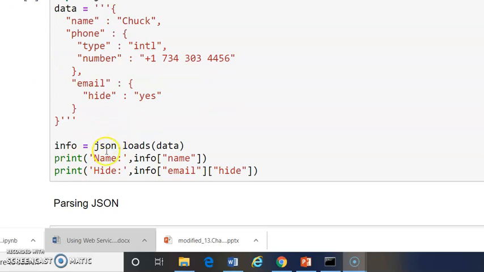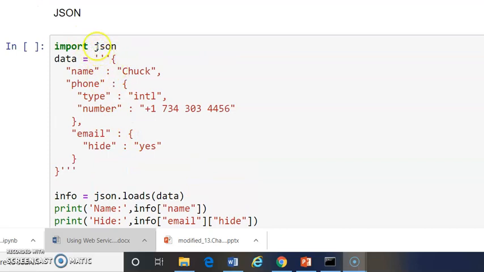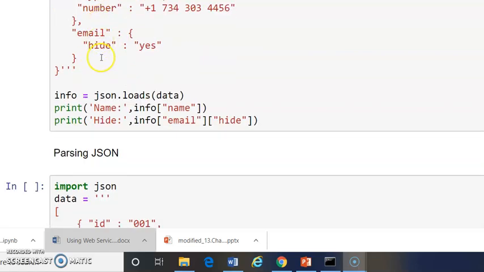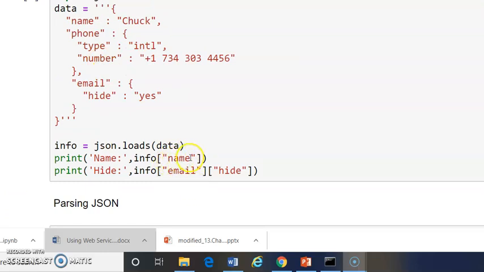In order to extract this, there are different methods. The names of the methods are different. For this JSON inbuilt library, we are using the method loads, json.loads. We are passing the data as an argument for this loads method. We get info. This information we need to extract. It's in key value pairs, as I already told you. We need to extract the value associated with the key name. So that's what we have written as an index.